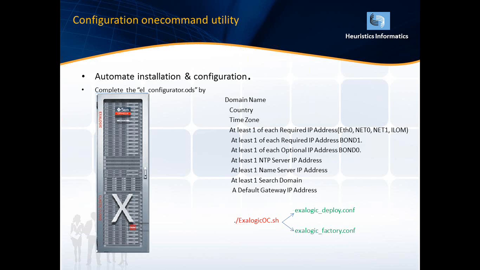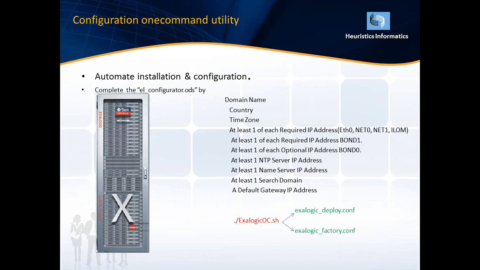And then how can I configure the total Elastic Cloud? The configuration of Elastic Cloud is very easy. Oracle has implemented the installation and configuration with a single command. We need not configure each and every component, even though we have a number of components in the total Elastic Cloud. By seeing all those components, there is no need to be frightened. All these components can be installed with a single command and a single script. We need to fire the single script, which will take over everything and configure all the components.